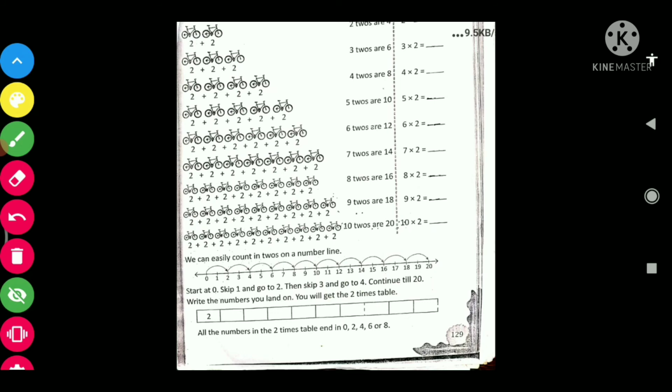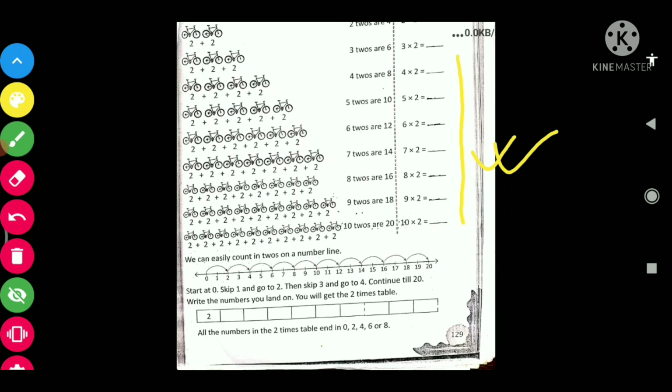Now below this there is a box where you have to write the numbers that you get in the 2 times table. So what are the numbers that you got in the 2 times table? First one is 2, right? Next you have to write the numbers according to this, fill in the blanks.